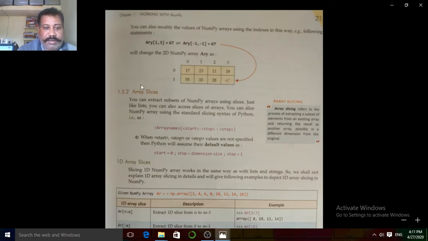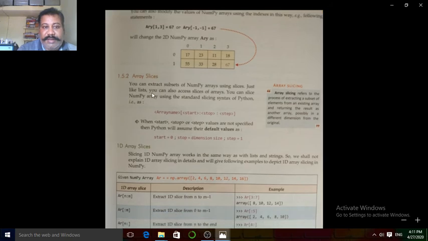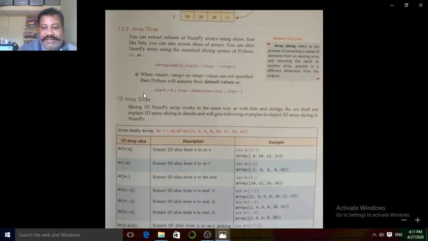Now the next topic is array slicing. Array slicing means how we can cut the content within the array element. Means how we can extract a subset of the numpy array using slicing.